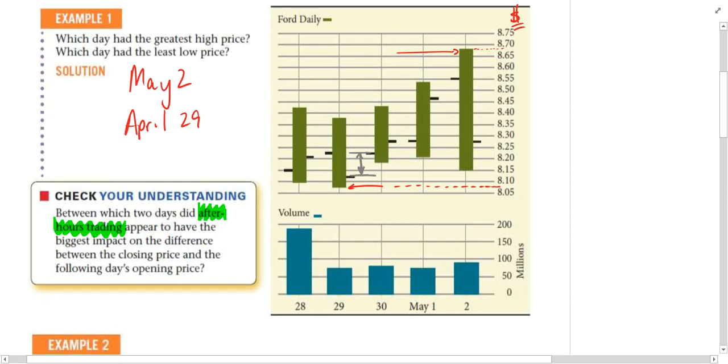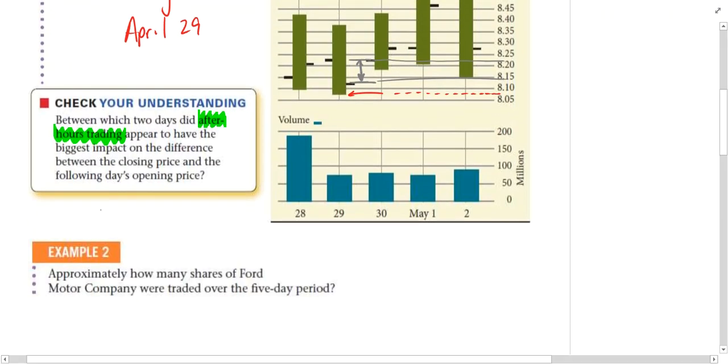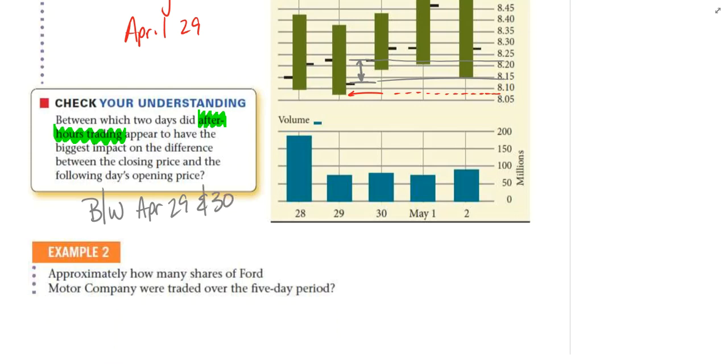And if I were to read off of the scale over here on the right-hand side, that appears to be a 10-cent difference. So I'm going to say that between April 29th and 30th is where after-hours trading had the largest impact between the closing price of one day and